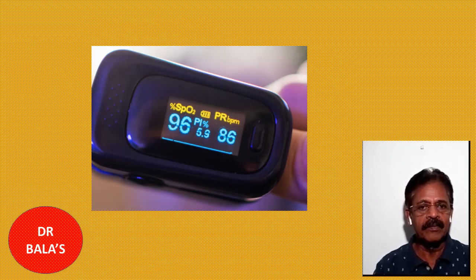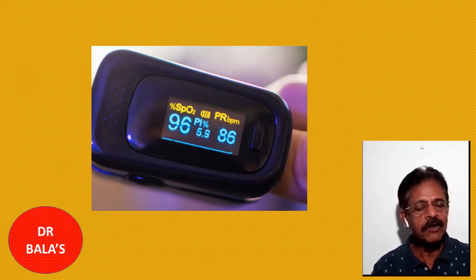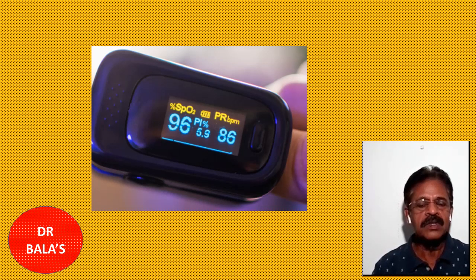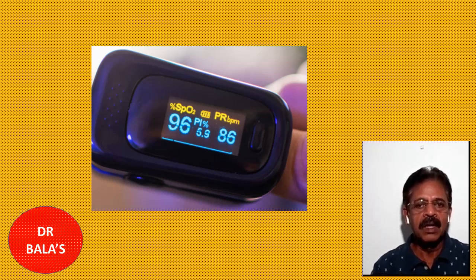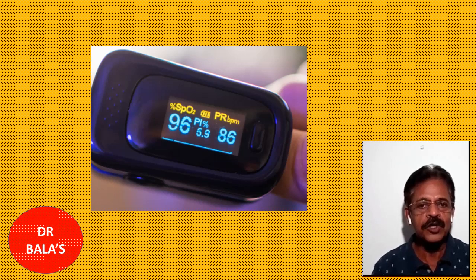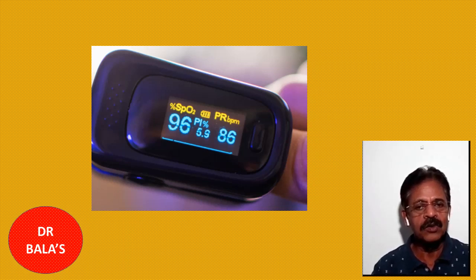Oxygen level. You know very well the blood carries oxygen to various organs, and every organ needs adequate oxygen supply. The oxygen is dissolved in the blood, and you measure this oxygen saturation. The oxygen saturation is measured with a small device called a pulse oximeter, and it should be more than 95%. If it is 100%, perfect. So the organs will receive enough oxygen supply for their survival. Next is blood pressure.